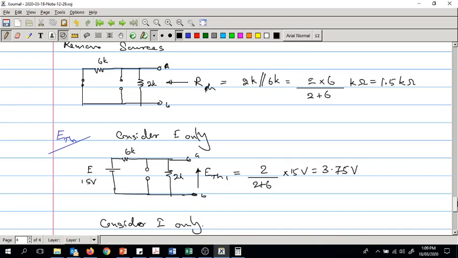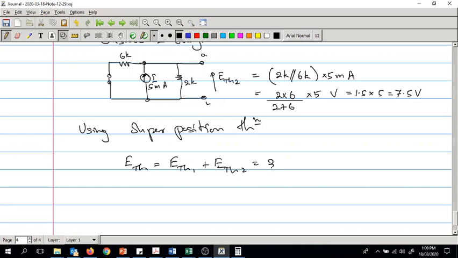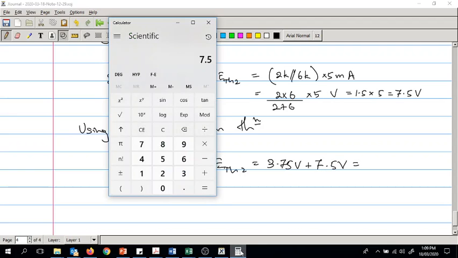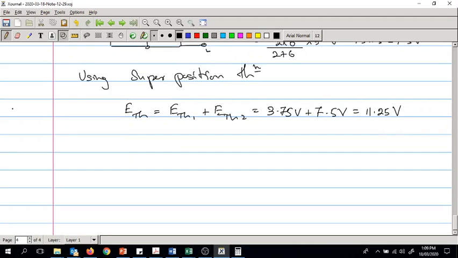ETH1 is 3.75 volts plus 7.5 volts, which is 3.75 plus 7.5 is 11.25 volts. So the Thevenin's equivalent now is